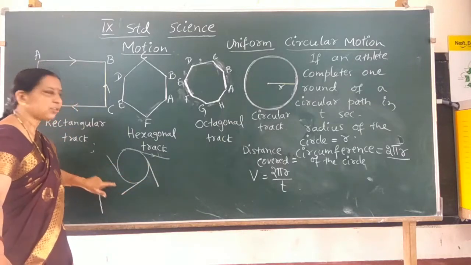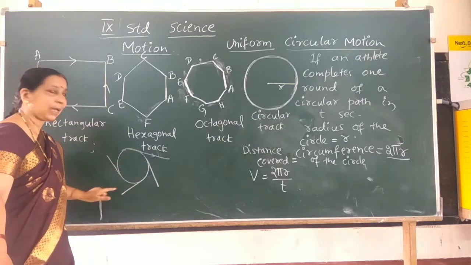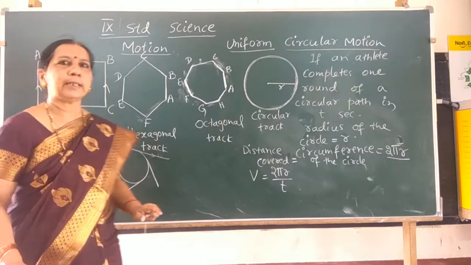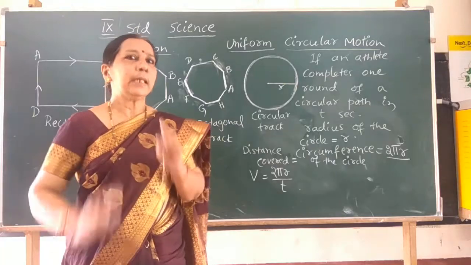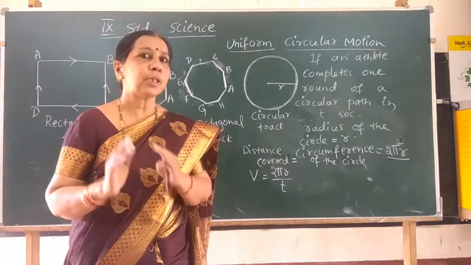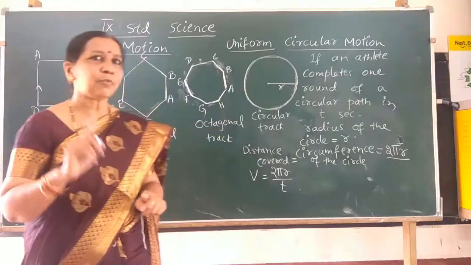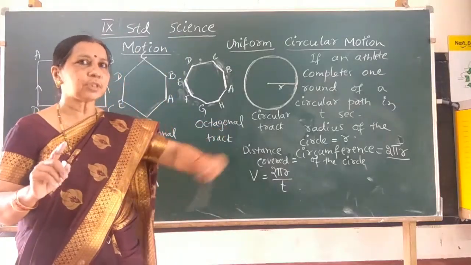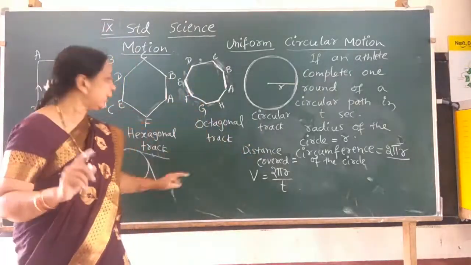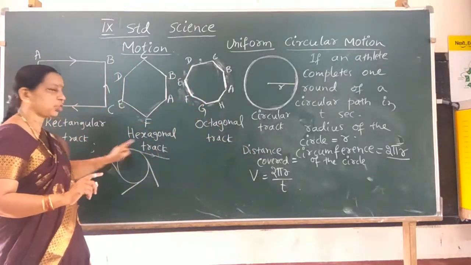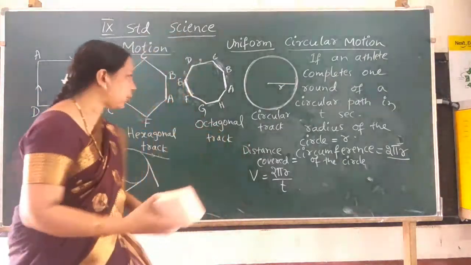So the direction of motion changes at every position. When you release, at every position, it moves in the direction in which it was moving when the thread was released. At the time when the thread was released, in which direction was the stone moving? In the same direction. It will be a straight line tangential to the circle. So this is about circular motion.